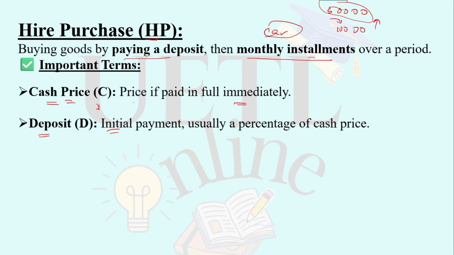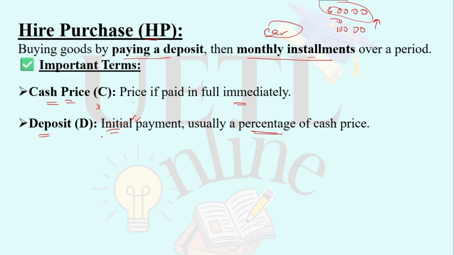It is usually expressed as a percentage of this cash price. So you're going to pay this money at first, before we give you your car. You pay that money, then you start to pay a monthly installment. The money you first pay initially,